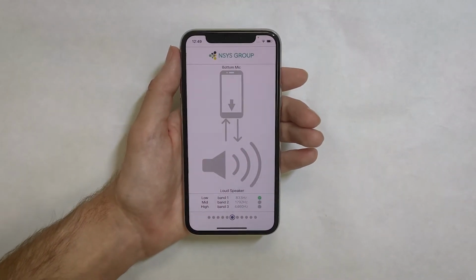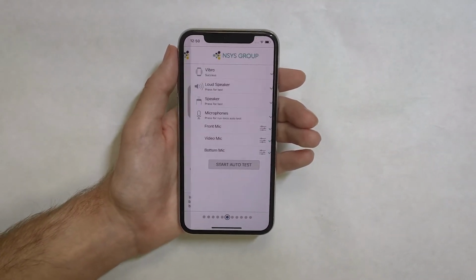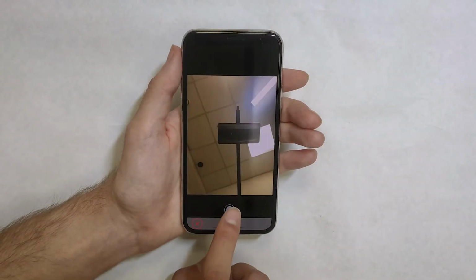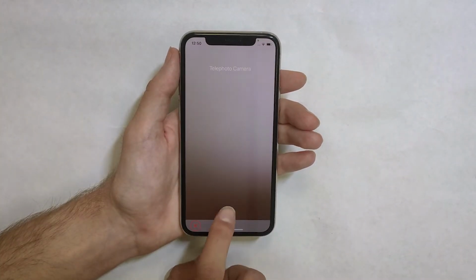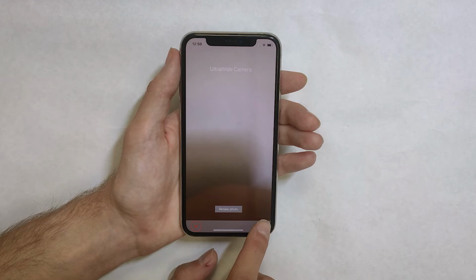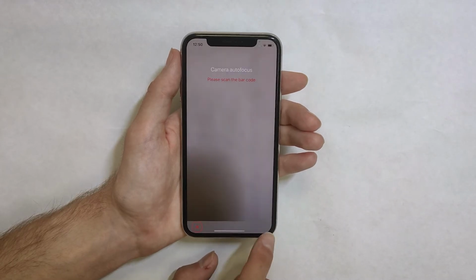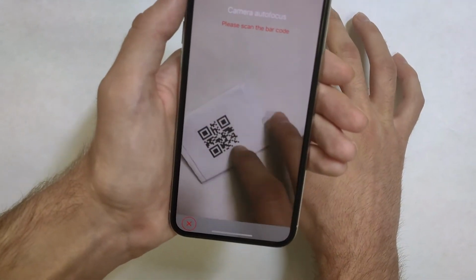NSYS Diagnostics is adapted for every mobile device by checking all aspects of them. The steps of diagnostics are easy and allow you to reveal the current condition of the mobile phone. NSYS Diagnostics also allows you to customize all the tests for each category of the devices according to your business requirements.